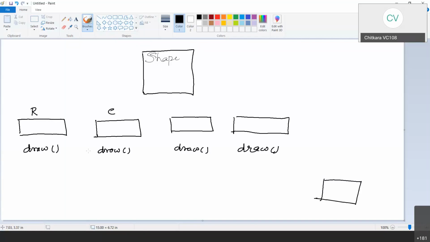Each one of these classes may write a different function. For example, this rectangle class may have a function, this circle class may have a function b for draw, and so on. This may have c, this may have d, and so on. But if I start with the abstract class called shape, which has a function called draw, which is again an abstract,